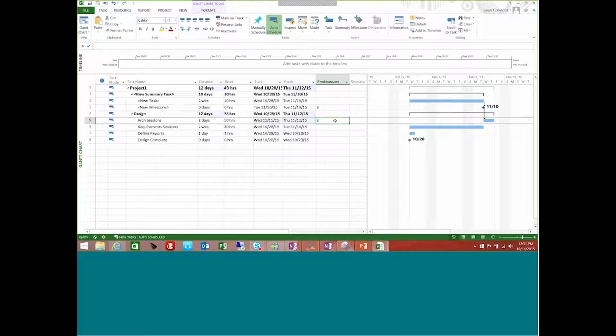We just see the 3, which is the ID number for the milestone over here, and we see the same arrows. These arrows are going from the beginning of the first task to the start of the second task there. Okay, so let's talk about